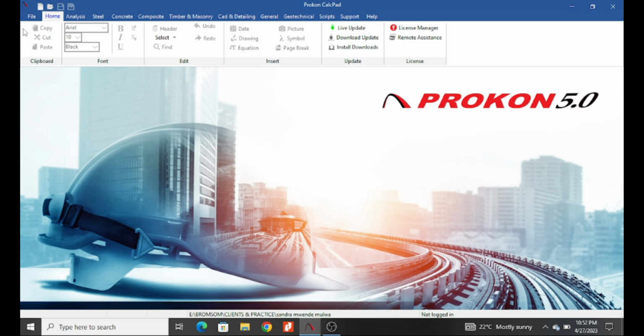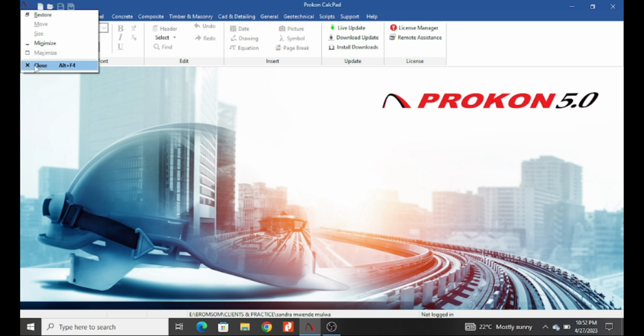The first thing we look at is file. You have all the tools you need at the top, and when you open it, it actually opens the calc pad first. So you start with file, but above file there is this Procon icon. You can restore, move, size, minimize, maximize, or close a file from the top here.